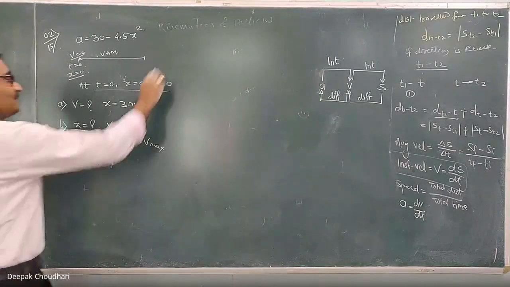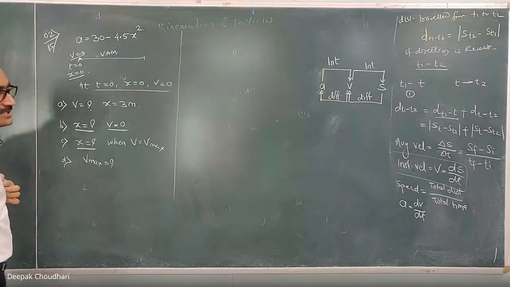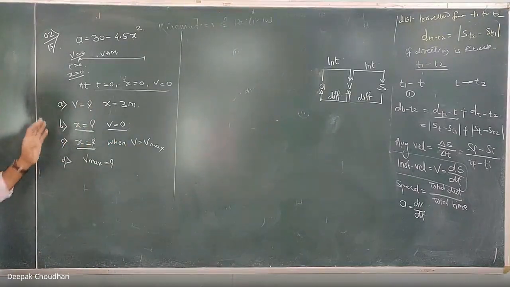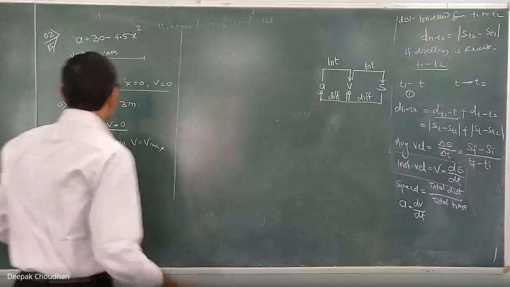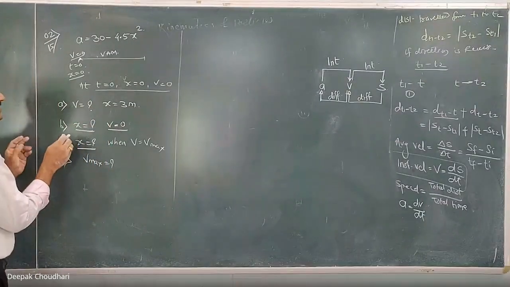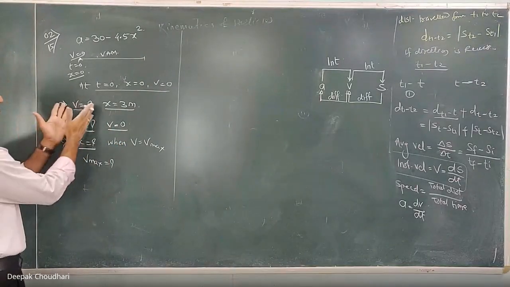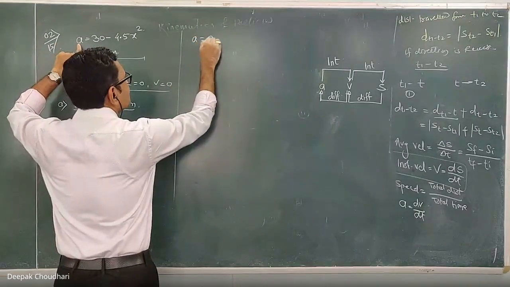Okay. Now, you have to calculate the velocity at x equal to 3 meter. So don't use that v square equal to u square plus 2as formula. That is not applicable because it is a variable acceleration motion. Now, when variable acceleration motion is there, you have to write down the kinematic equation. Now, I want velocity when x equal to 3 meter, so I want to get the relation between v and x. What is given? Acceleration is given as a function of displacement.